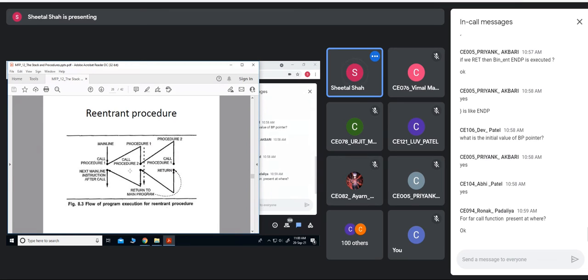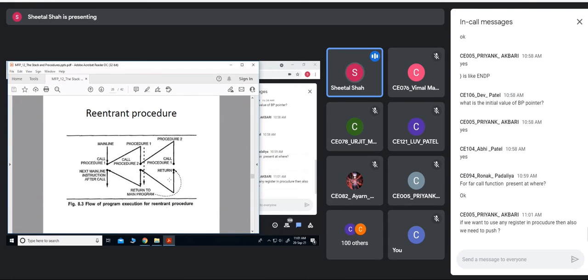So the mainline program is calling procedure 1. Some steps have been performed by procedure 1, and within this it may call one more procedure, say procedure 2. And if procedure 2 calls procedure 1 once again, the earlier status of procedure 1 might be lost.